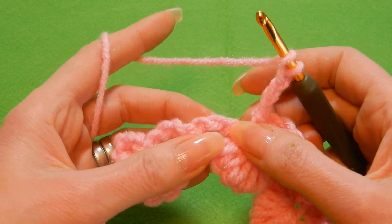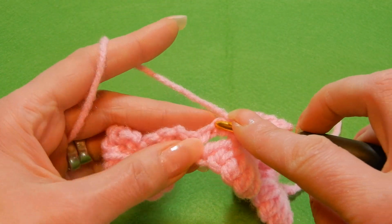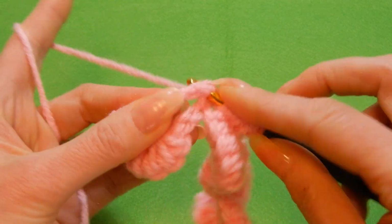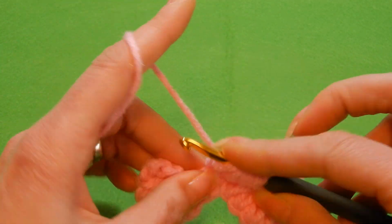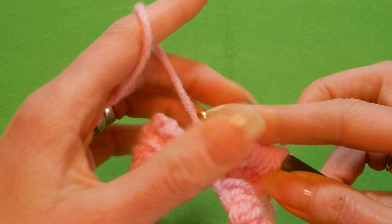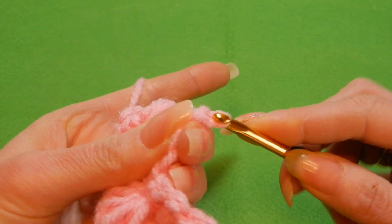So you go to the first chain here, right there. So once, twice, 3, the single crochet, we pick up a loop, 4, next chain, 5, next chain, 6, and the last chain here is the 7th time that we pick up loops. So yarn over and pull the yarn through all the loops,